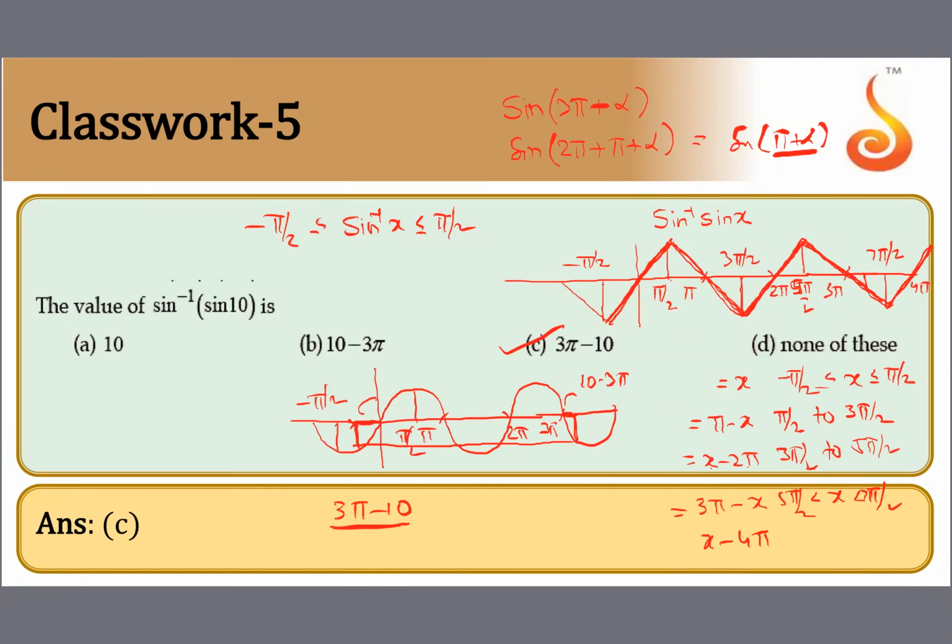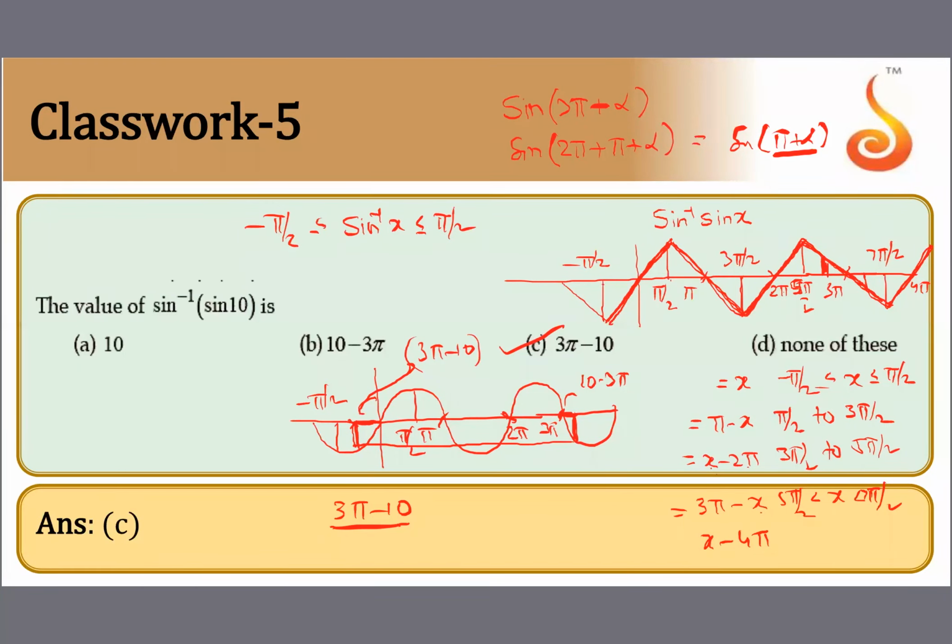Clear? Another method is, this is pi, this is 2 pi, this is 3 pi. This will be the 10. After 3 pi, 10 will come. Equivalent value is here. So this width is nothing but 3 pi minus 10 because it is negative. It depends upon where the value of x is. Some student asks x equal to 9. 9 will be here, in the interval 5 pi by 2 to 7 pi by 2. So you write 3 pi minus 9. That will be positive. Everything will come, baby. Don't worry. That also will come.